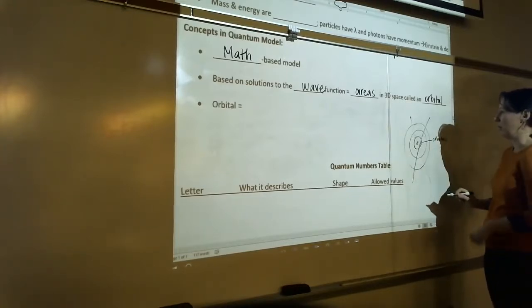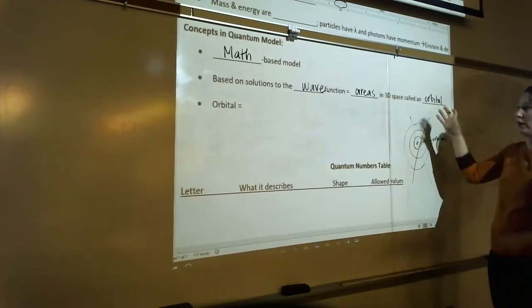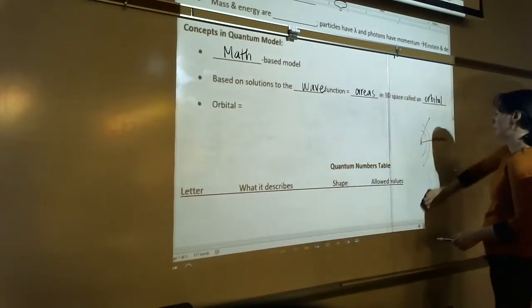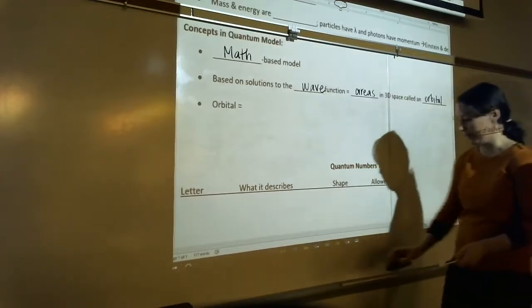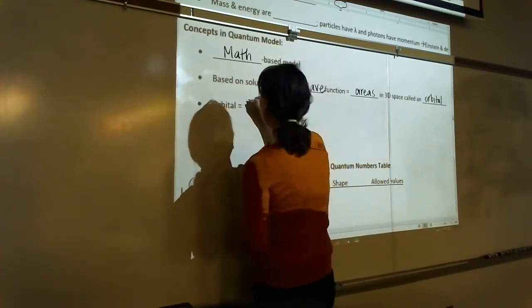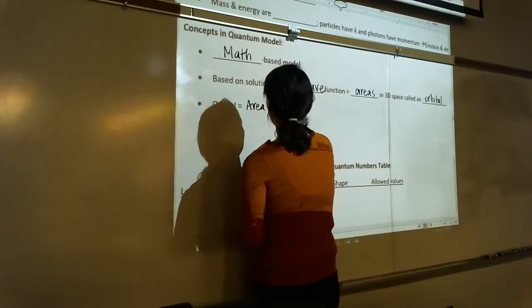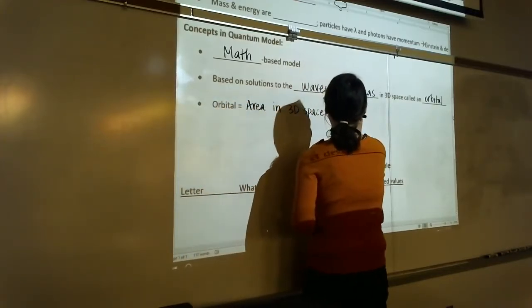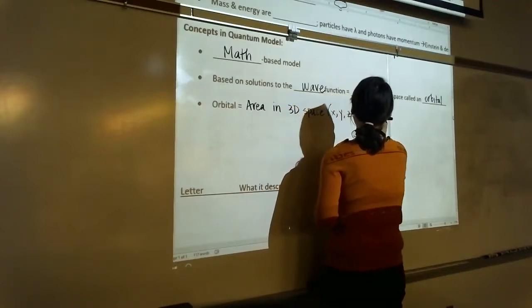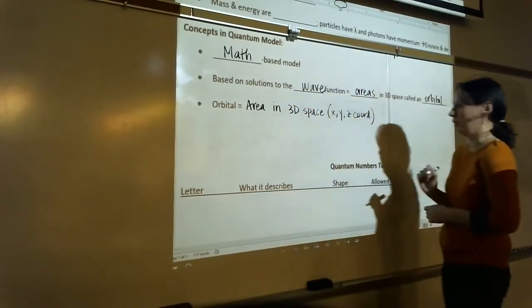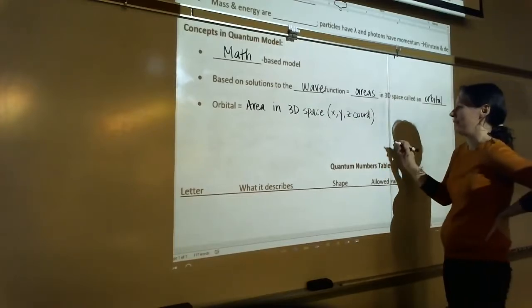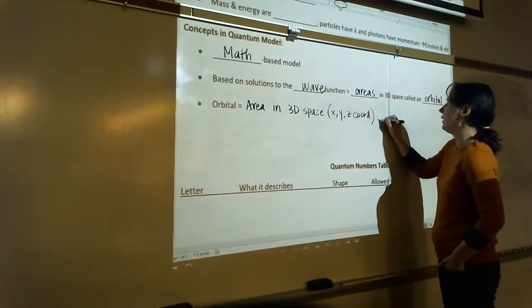So get rid of the Bohr model. Now we're using the word orbital to describe an area in space. And particularly, what is an orbital in the quantum mechanical model? It is an area in 3D space. So we're talking about X, Y, Z coordinates. All right, so think about your polar coordinates, those of you who... don't do polar coordinates, still Calc 3. Never mind. So just think about three systems, right? Area in 3D space in X, Y, Z coordinates where